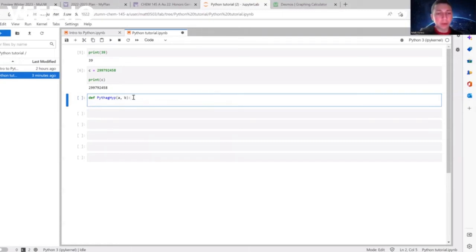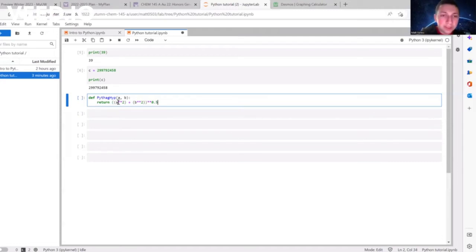And so I'm going to write an equation for the Pythagorean theorem. We have to put return because the function has to return an output. The Pythagorean equation is going to be a squared plus b squared, and then take the square root of that.